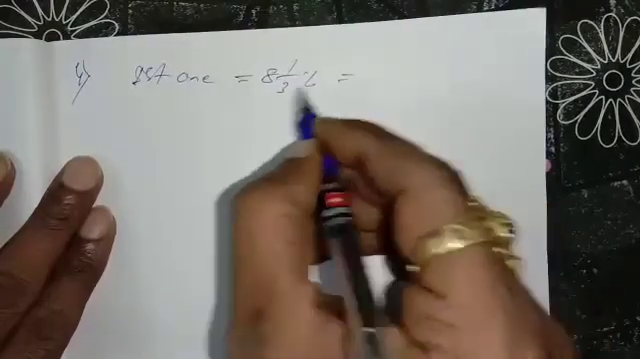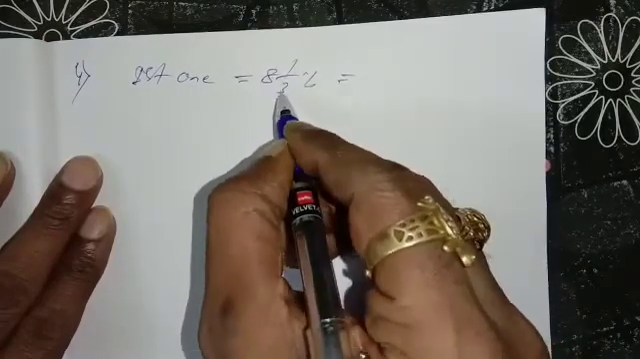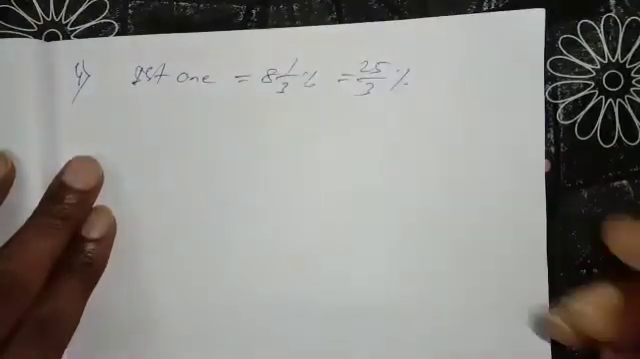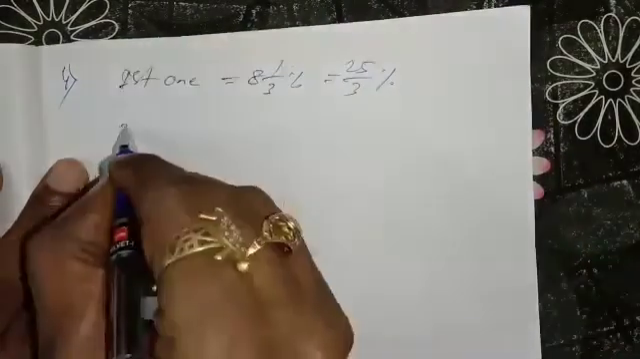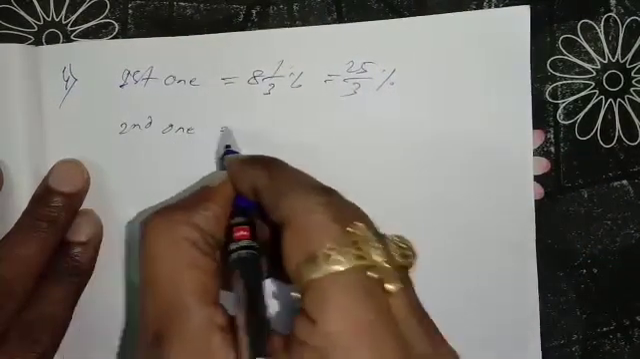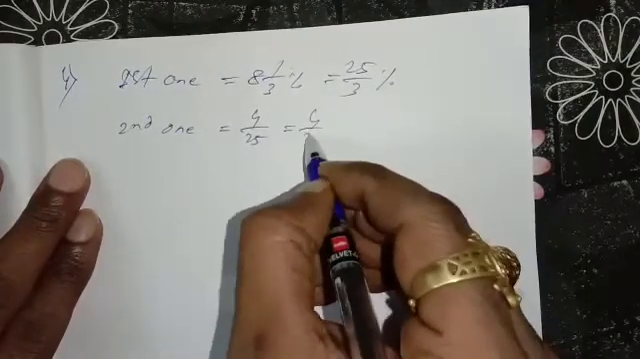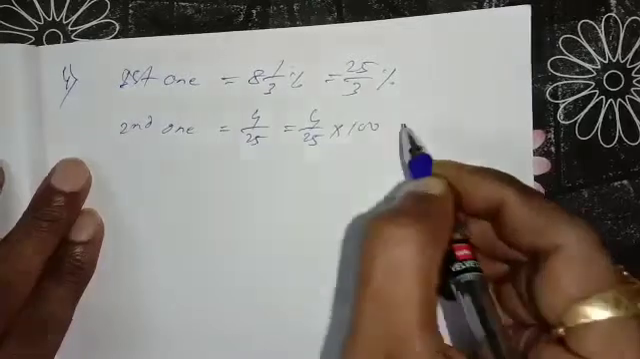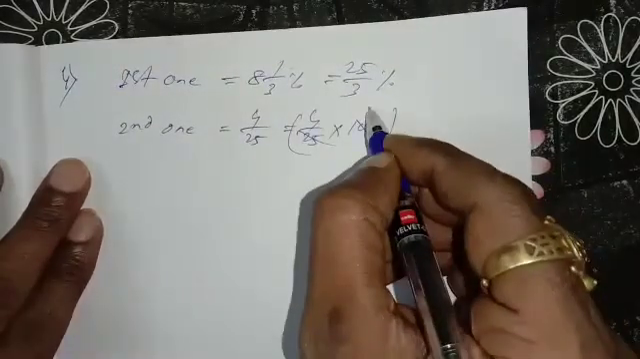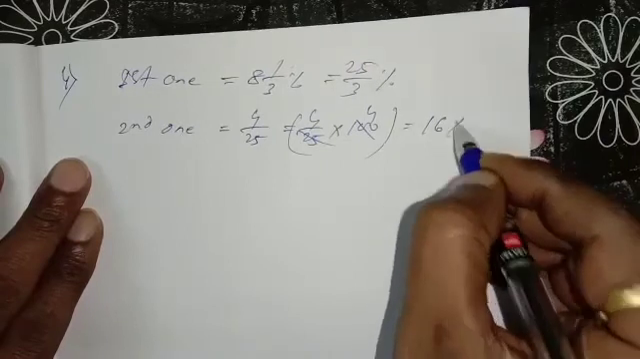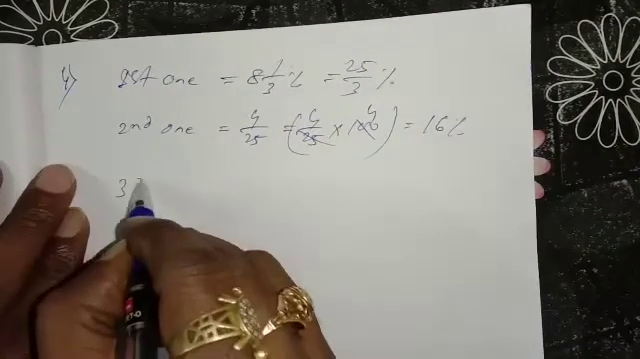That means this is coming 3 times 8 is 24, 24 plus 1, 25 by 3 percentage. The second one is given 4 by 25. It is a fraction given. You have to multiply by 100, then it will be percentage. 25 into 4, it is coming 4 times 4 is 16. 16 percentage. And third one, it is given